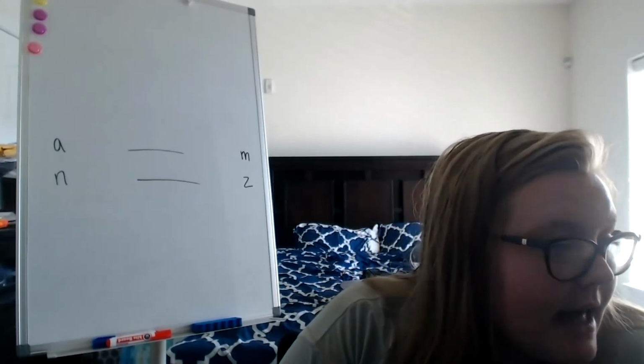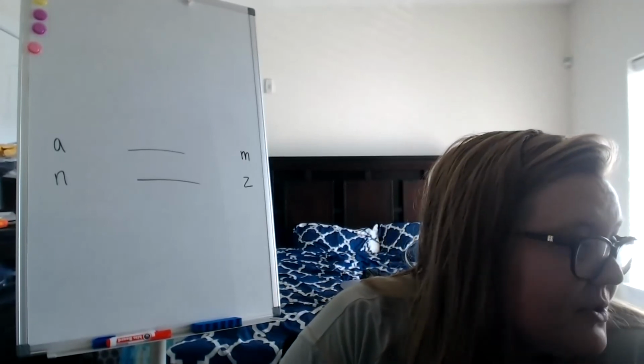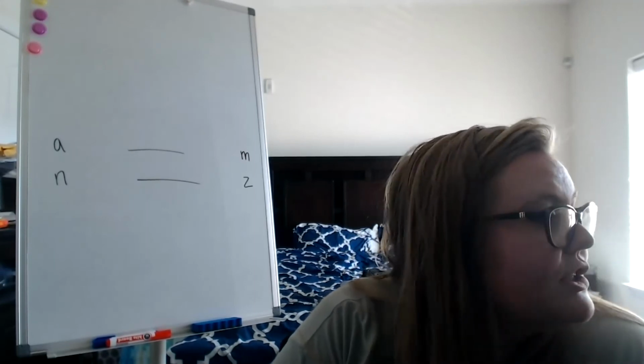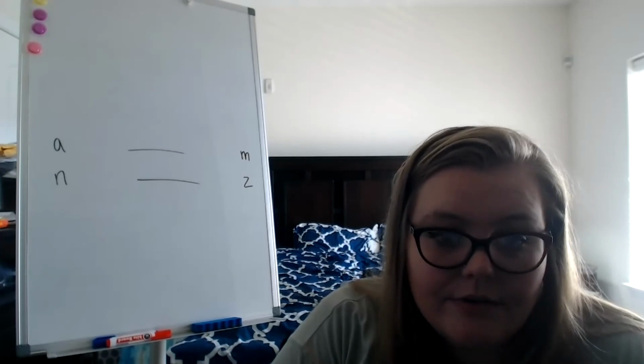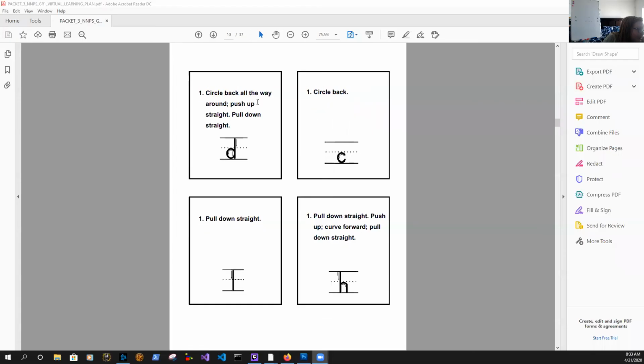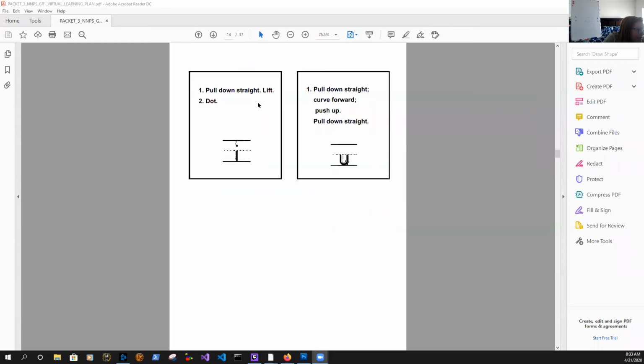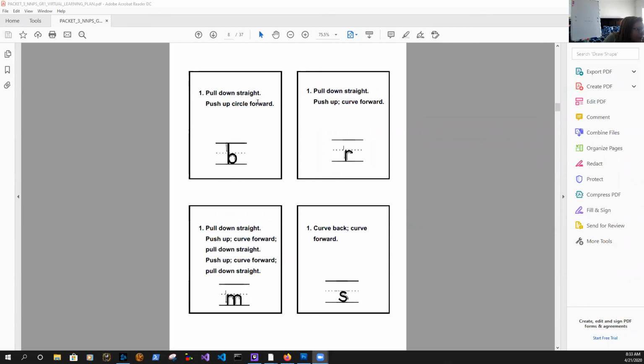So it says use the letter formation guidelines in the resource packet, which start on page 8 of your packet. These right here. These give instructions for giving instruction on how to properly form letters. So pick a letter that they had trouble forming correctly and have them write it correctly using these directions to practice forming that letter correctly.